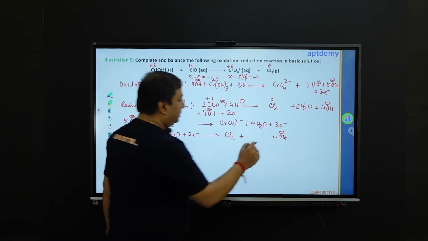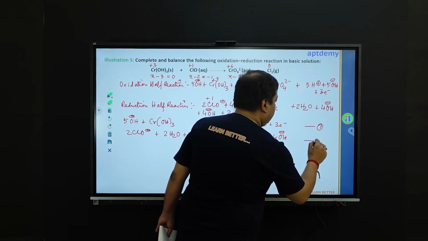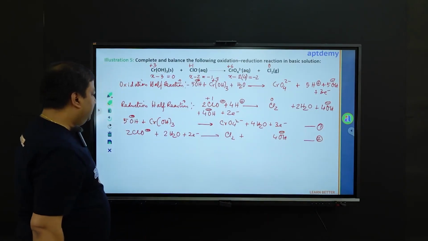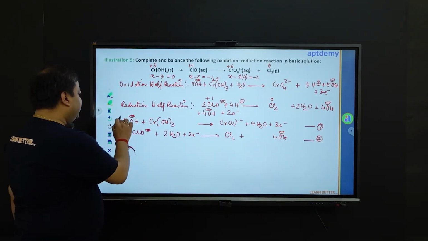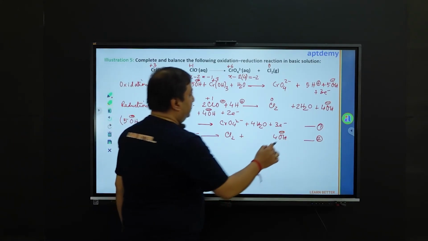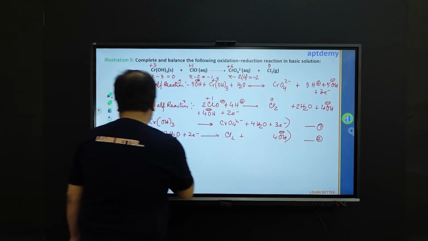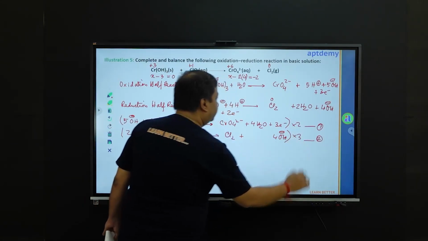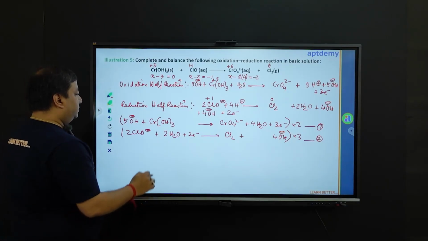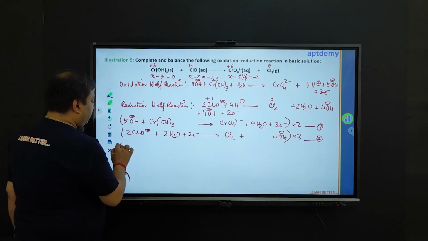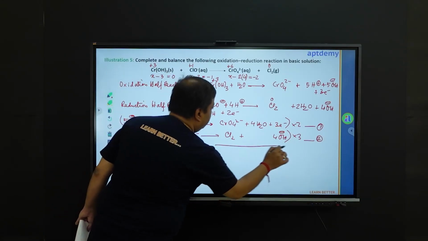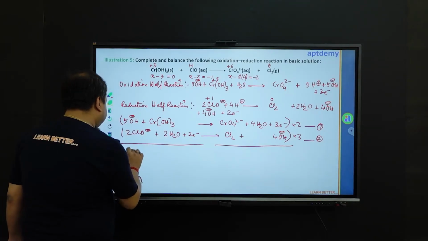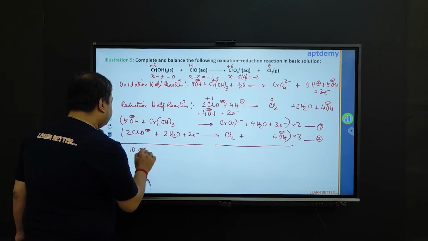So now let us call this equation 1 and this equation 2. Are the electrons balanced? No, they are not balanced. So again, just like the solution we had done before, we will multiply this one with 2 and that one with 3. Okay, and then we will start adding these to get the final equation, and then we will simplify it further. So 2 into 5 is 10 OH minus